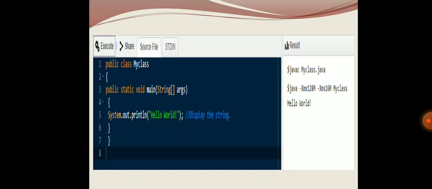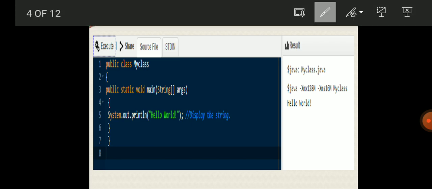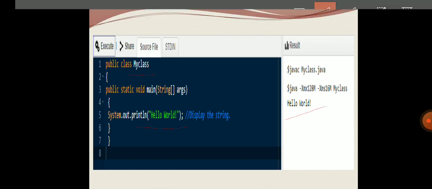The same program is executed, and we have got the output, just printing hello world. The class name is MyClass, and we do not have any method or data field, we are printing only hello world.